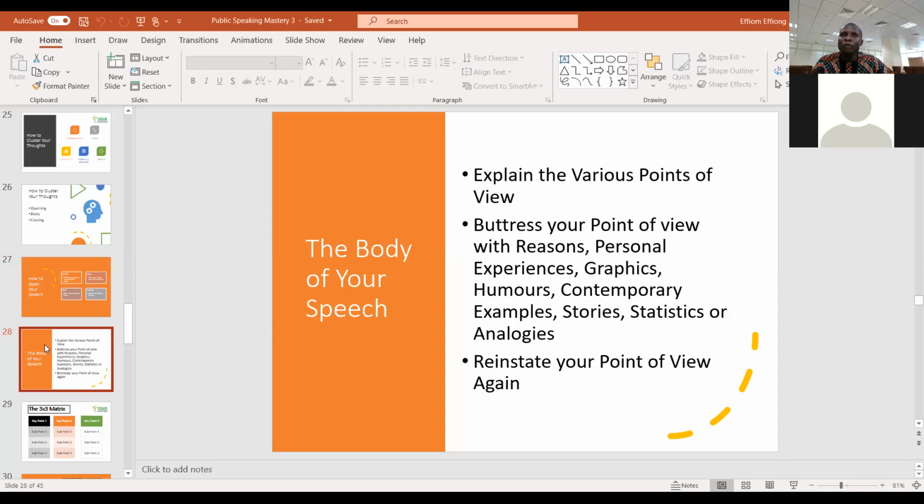That's what you do in the body of the speech. You've given them a point of view, so why should they buy into your point of view? Why should they follow your own advice? You're now trying to persuade them, motivate them, make them laugh, whatever you want to do, just to help them buy into your own ideas. That's all. Communication is just about selling ideas. So, why should I hear your own ideas? Why should I do what you want me to do? That is all that you do in the body of the speech.